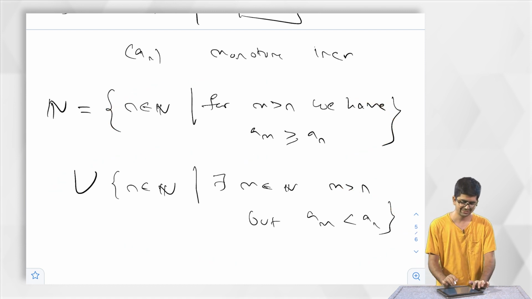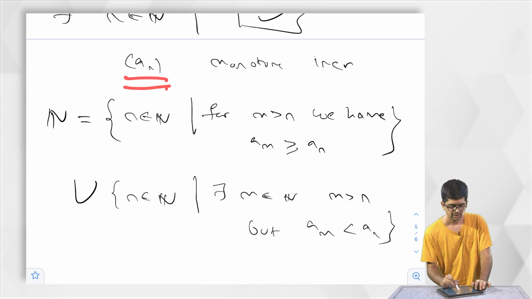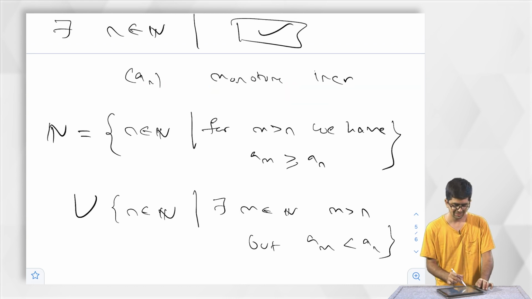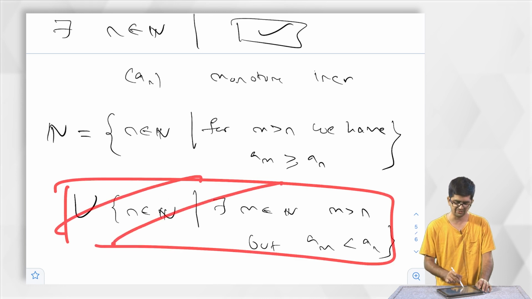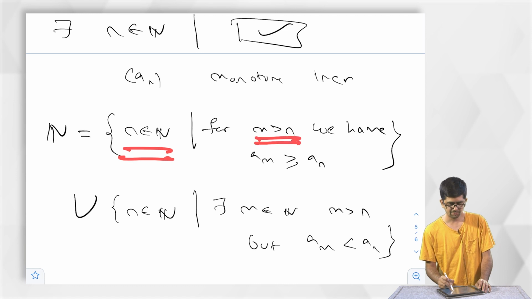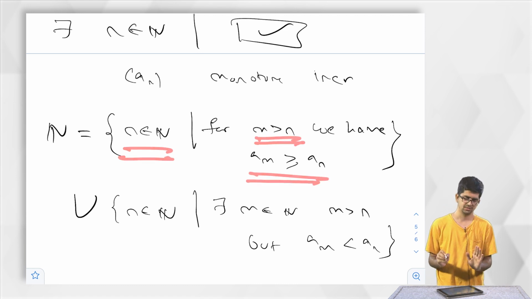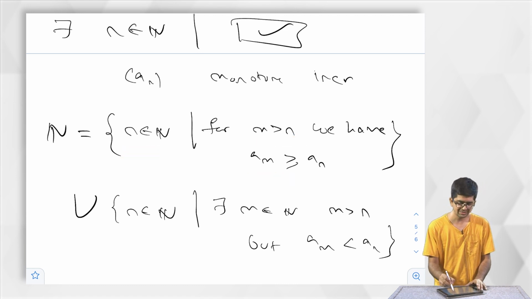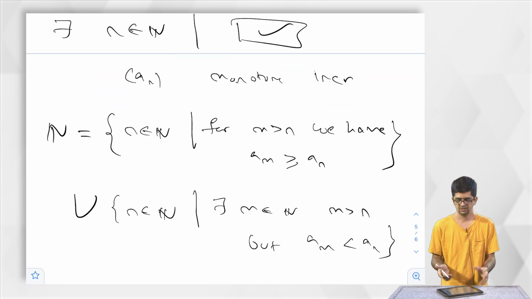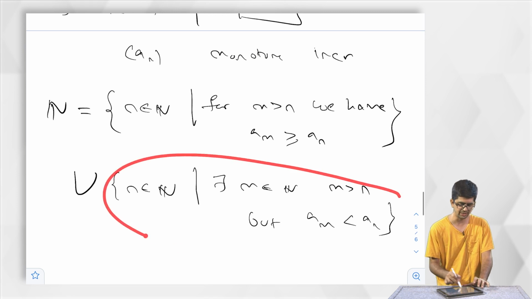As I said, if a_n is monotone increasing, then this does not appear anywhere. For every n belongs to N and m greater than n, this is true always, but because a_n is not monotone increasing, there should be some place where it is wrong. That wrongness is what I am writing as this.